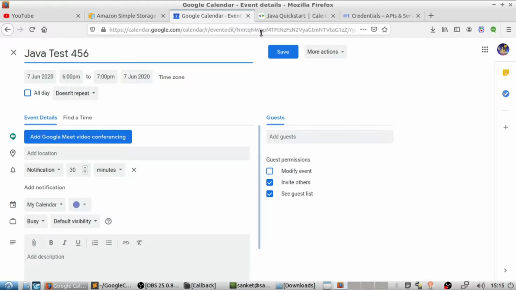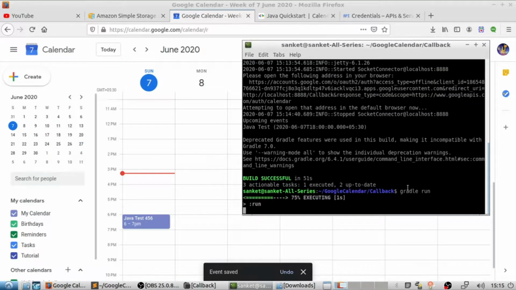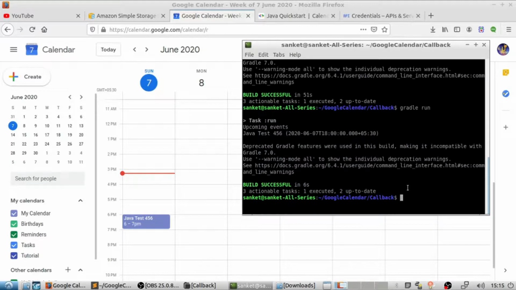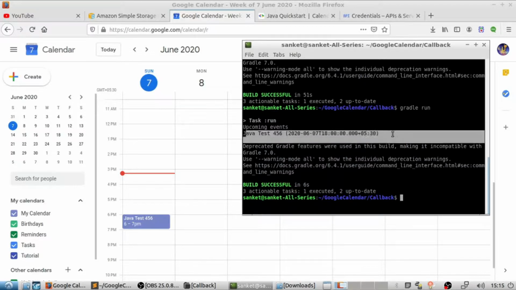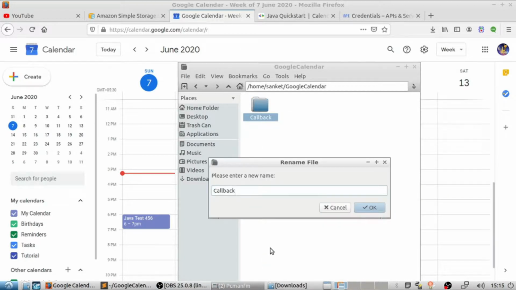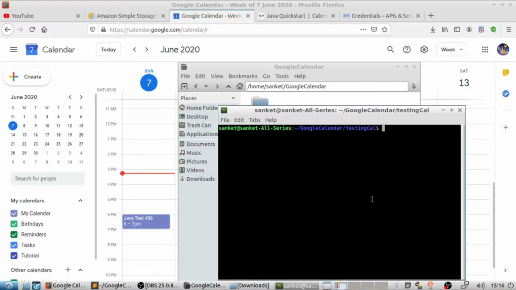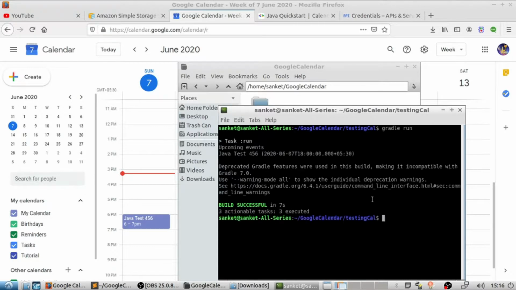Let's rename it to verify. You can also create multiple events that will not be a problem for program to execute. Now you can close terminal and rename the folder. Now open the renamed folder in terminal with same command and there will not be any problem in the future.